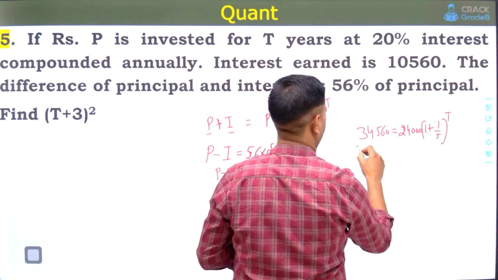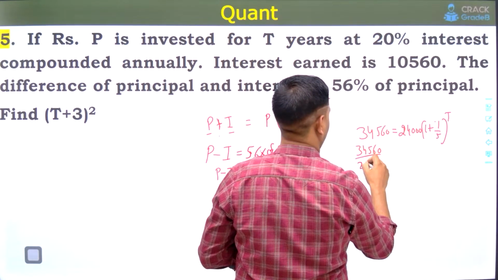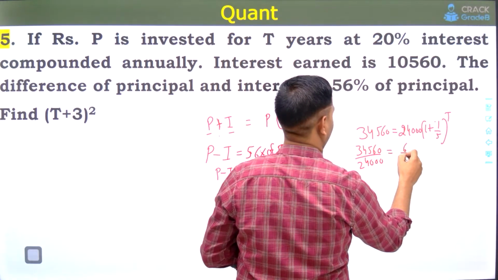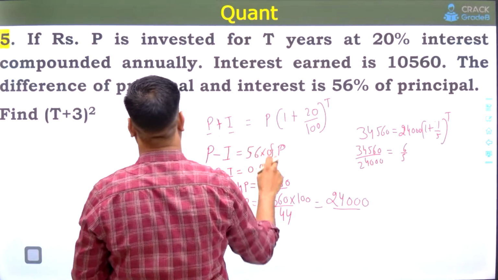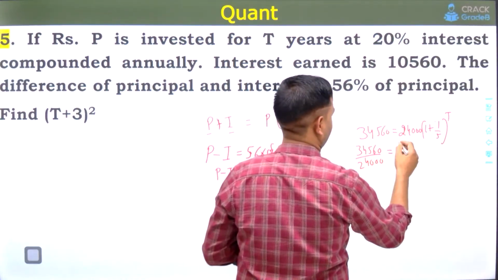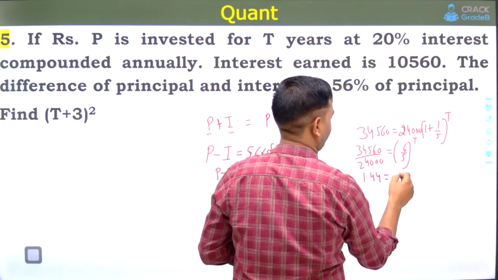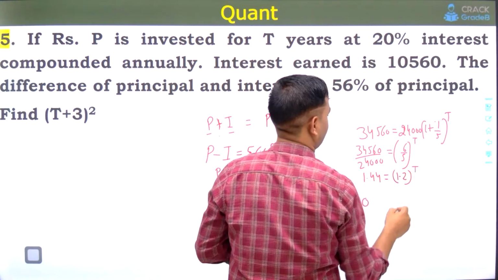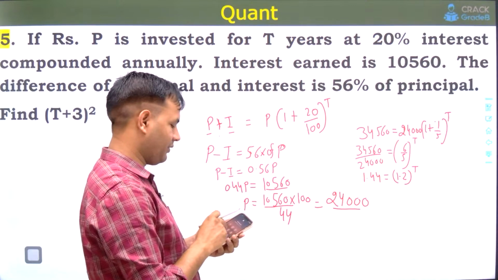So from here, 34560 by 24,000 equal to 6 by 5 to the power t. So from here you will get 1.44. From here you will get 1.2 to the power t. So you will get the value that will be,